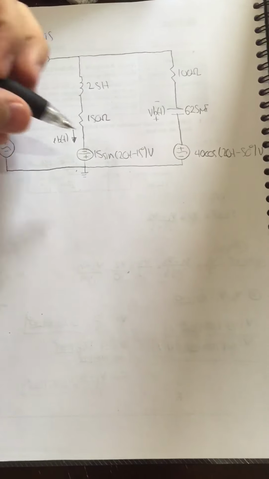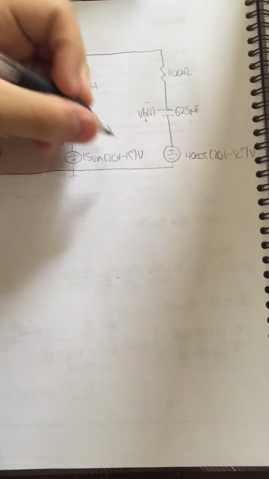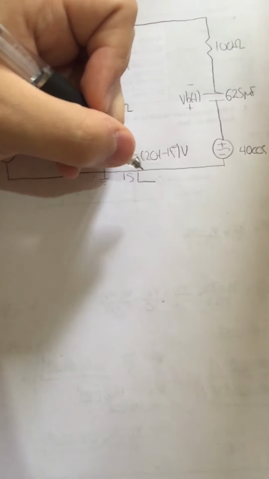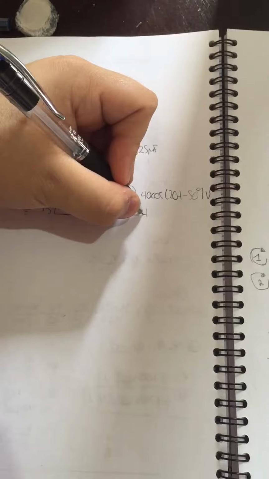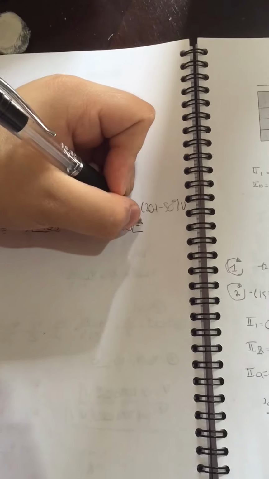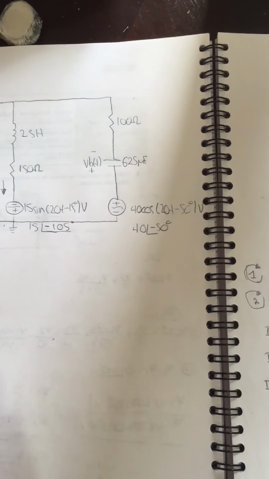This one is not a cosine, it's a sine. So it's not going to be the same angle as here. In this case, it's going to be 15 angle of negative 105 by rule. And the next one is going to be 40 angle of minus 50, because in this case, yes,